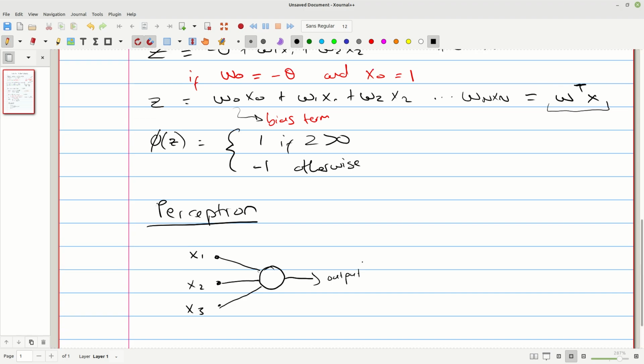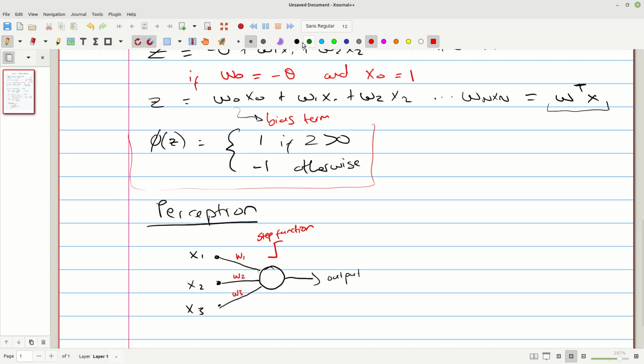But as you can see, what we do is we feed them here, we multiply them by a set of weights w1, w2, and w3, right? So we multiply by the set of weights here. Then here we apply our step function, right? We apply the step function and we get the output. And by step function, it's actually this thing here that we showed here.